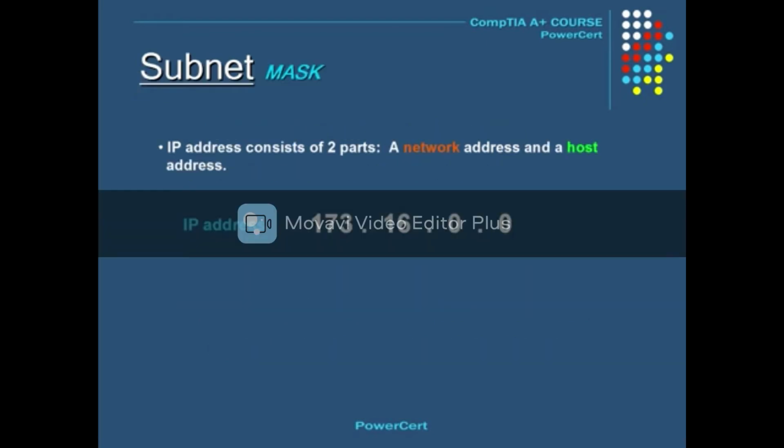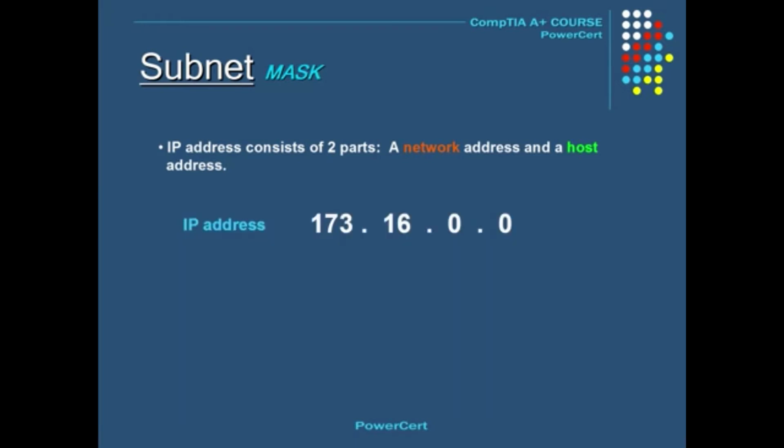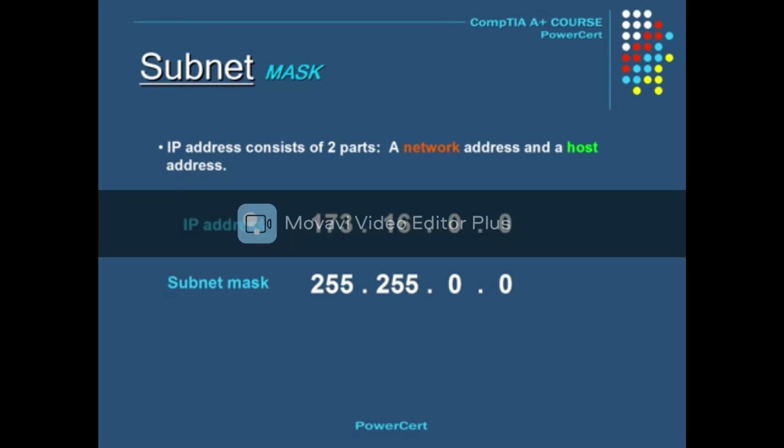As stated previously, an IP address has two parts. One part is designated for the network, and the remaining is designated for the host. So the way to tell which portion belongs to either the network or the host is where the subnet mask comes in. A subnet mask is a number that resembles an IP address. It reveals how many bits in the IP address are used for the network by masking the network portion of